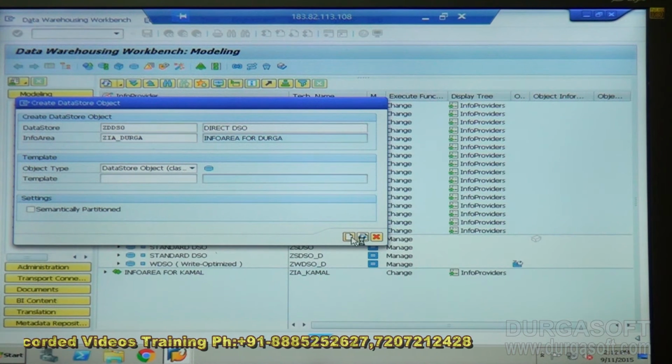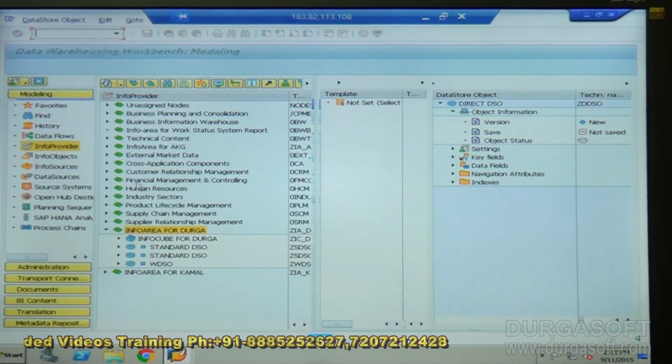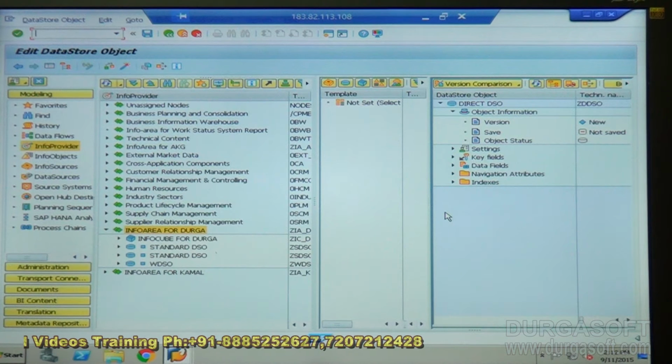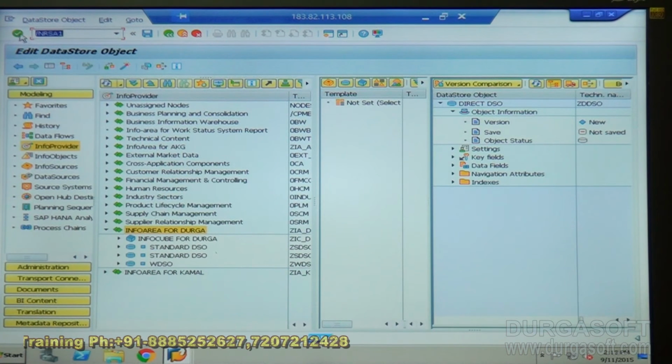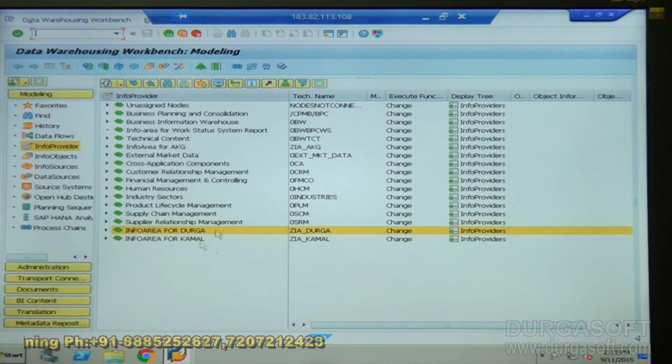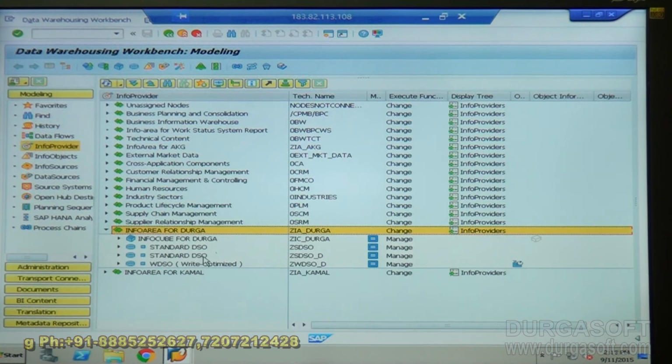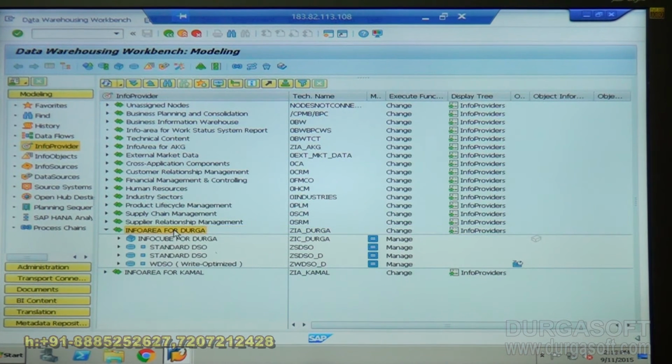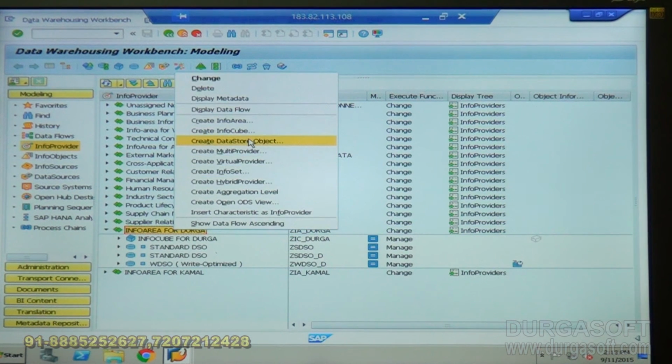Create. We can also use templates for creating that part. Let me use a template for creating this one. For that, I'll do /RSA1. Right click here. When you use a template, what happens? We get the same structure